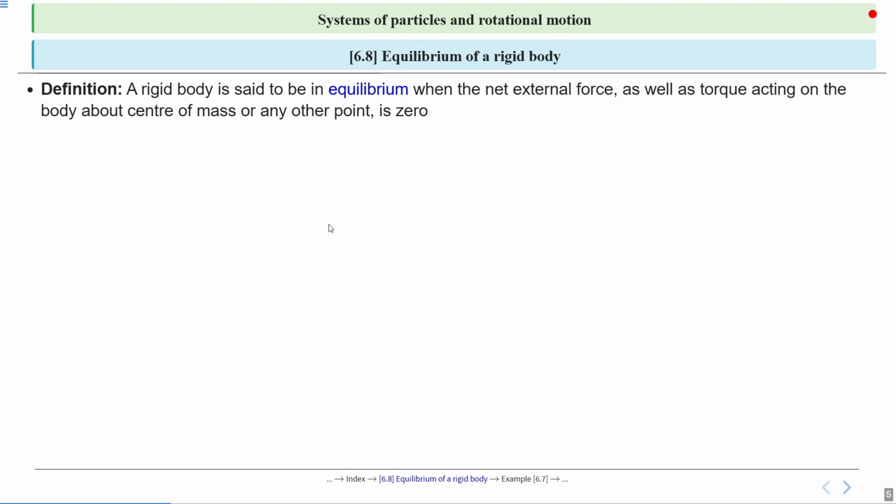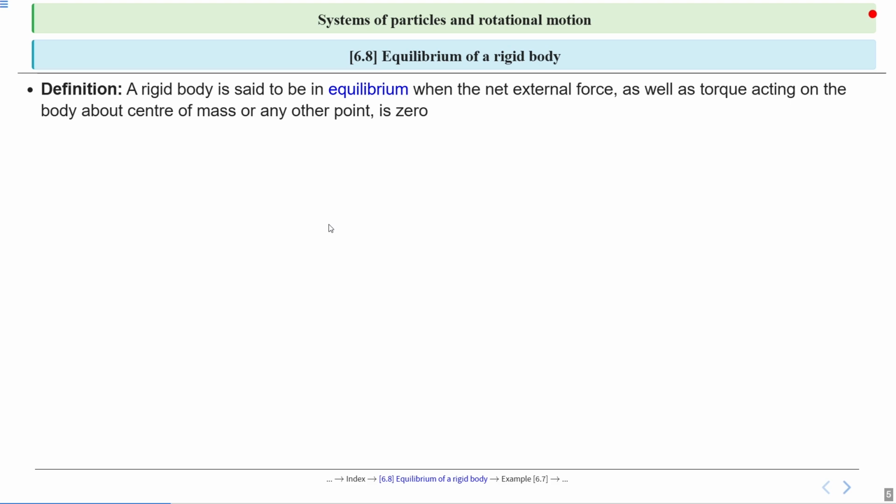This is the first condition. Second condition, it is not rotating or rotating with constant angular velocity. No angular acceleration. It means a rigid body is said to be in equilibrium when there is no linear acceleration and no angular